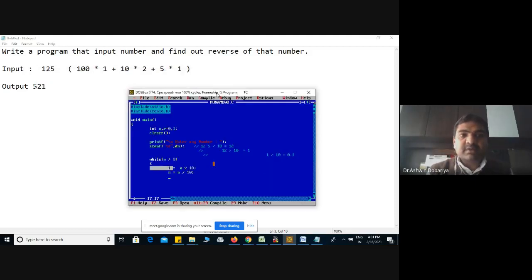So by using that, you just have to remember the logic here, how we can convert it. So reverse is equal to reverse multiplied by 10 plus the last value. Whatever number is separated from the last, you add over here, L. This is the main logic of this program.